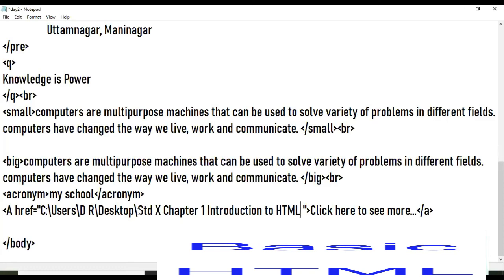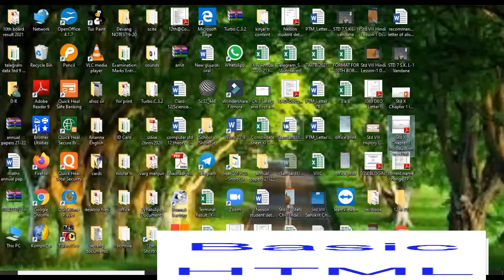Now why are we going to copy and paste the name of that file? Because you can see that from the desktop I have taken this file, and there are various files on the desktop. So after going into the desktop folder, which file we are going to open, we have to specify. So we are giving the name of the file that we want the user to see.